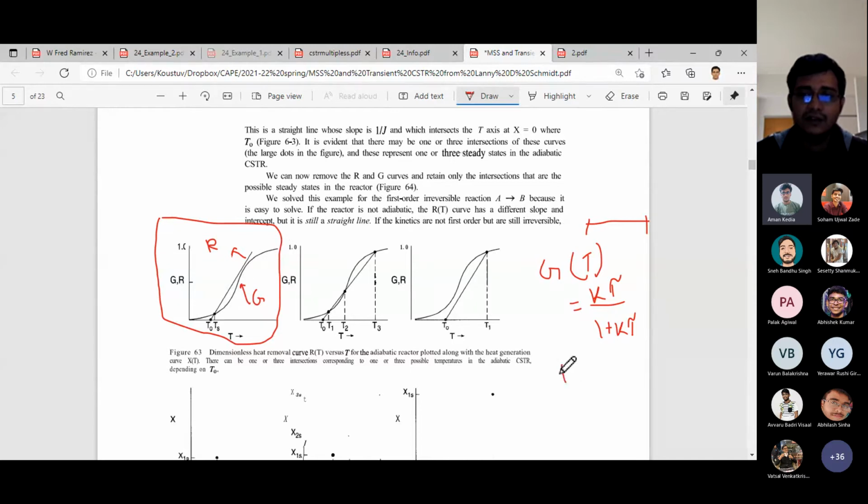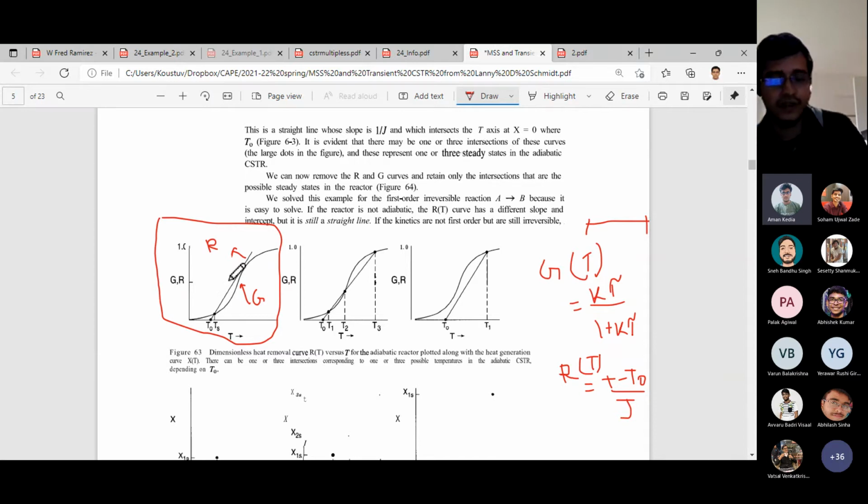And also you have the R of T, which is nothing but T minus T0 by J. So T0 is constant, J is also constant, and several values of T will give you this kind of linear data points, which you can join, and you can get this kind of R. So this analysis will be explained to you, but an exercise problem will also be given to you for your practice. That means the propylene glycol case, the manufacture of propylene glycol from propylene oxide and water, will be given to you for your practice.